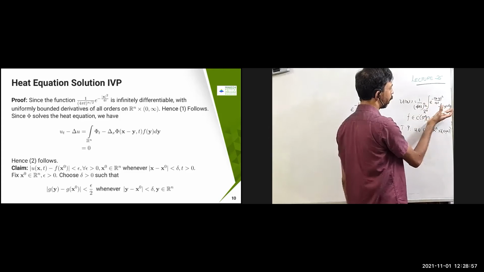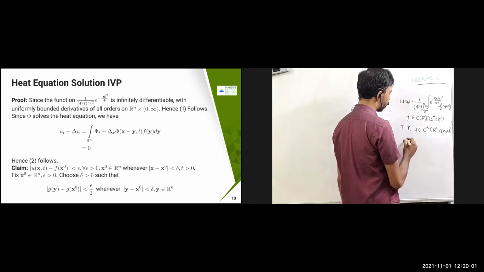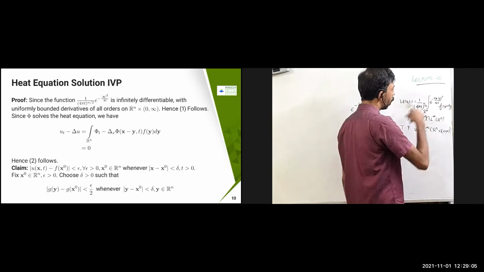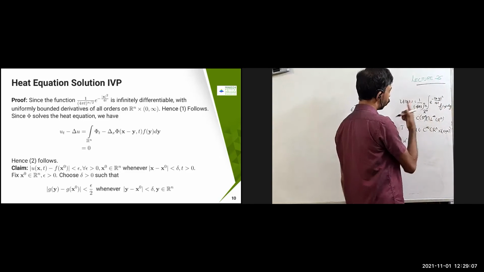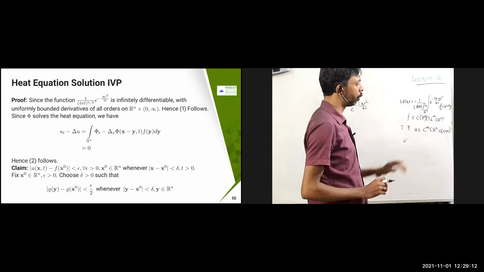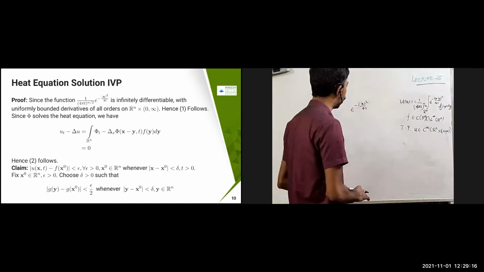So what you are going to get is that again you are going to get this u of x comma t. Just take the u dash of x comma t. You are going to get e power once again the differentiation etc. is going to come. Again this UV rule etc. is going to come. So once again you are going to get your u in C infinity of R power n. So that is the 2-line proof for this one.